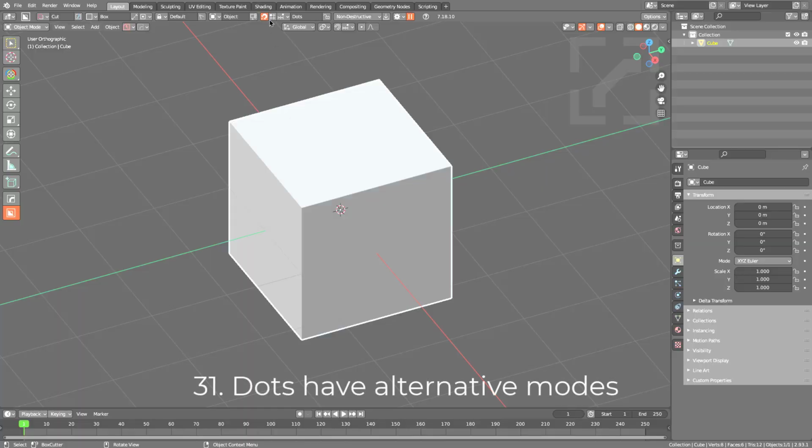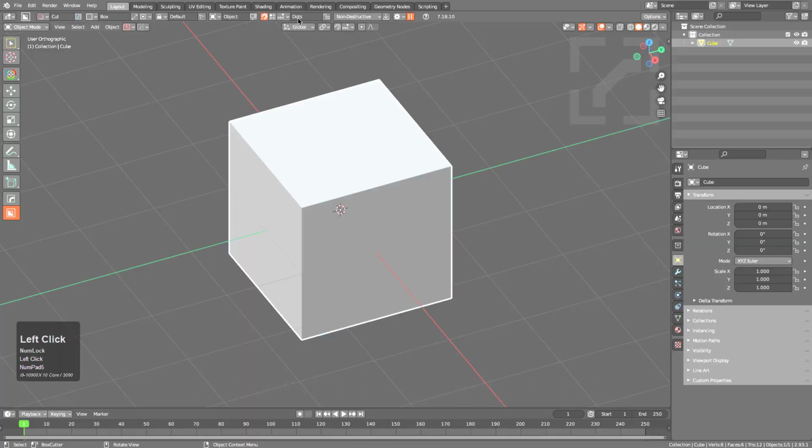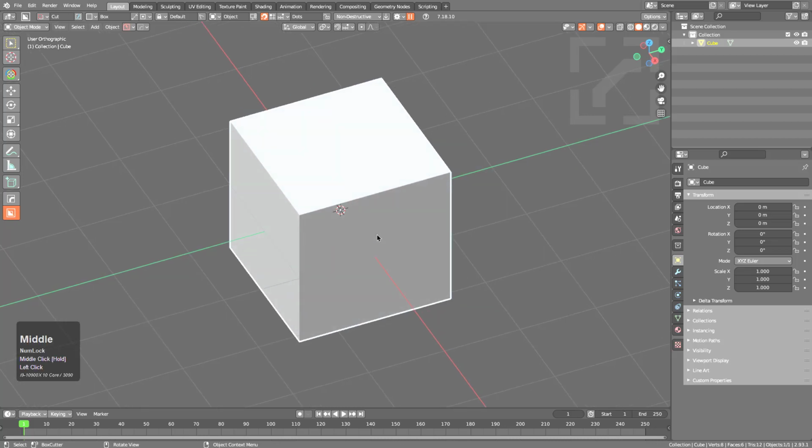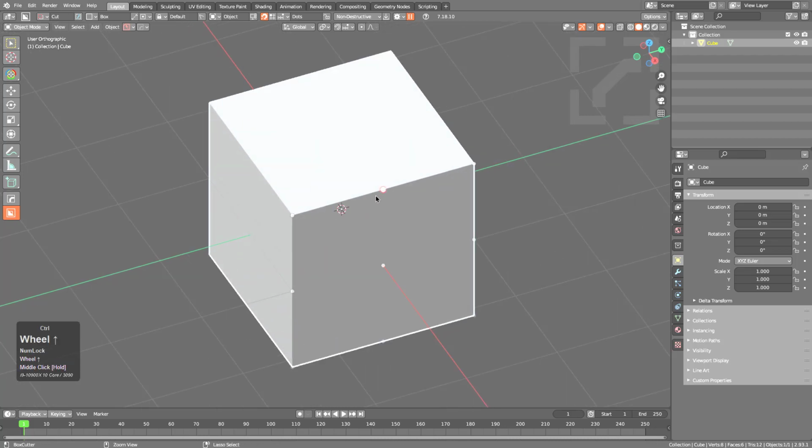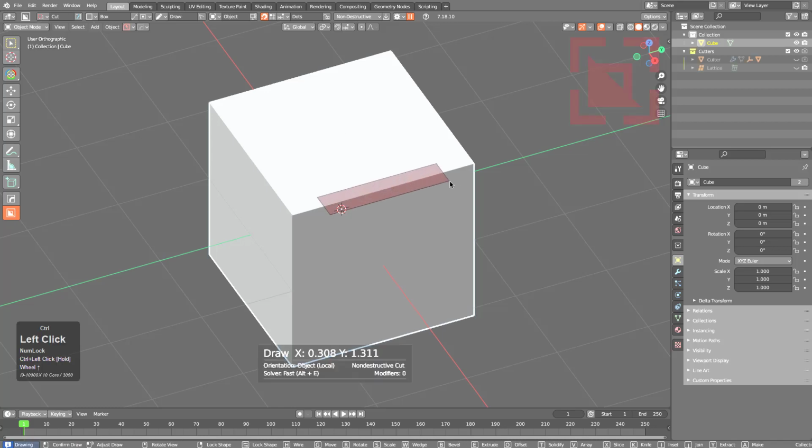So generally in Boxcutter, when you enable snapping, you're inside of a system called dots. Dots has a very different type of perspective to it. However, it's our vanilla snapping method whenever it comes to Boxcutter. So if we hold control, we have our dot showing, and if I begin clicking and dragging from this edge,